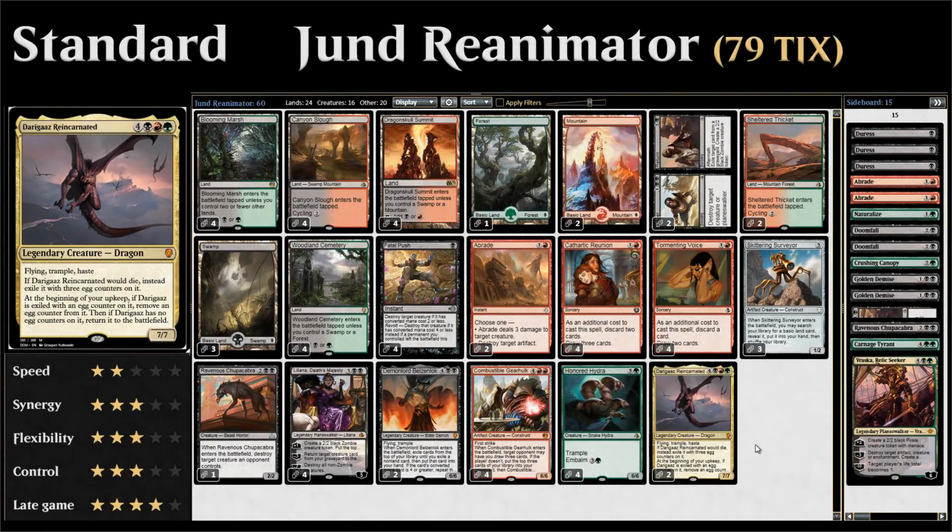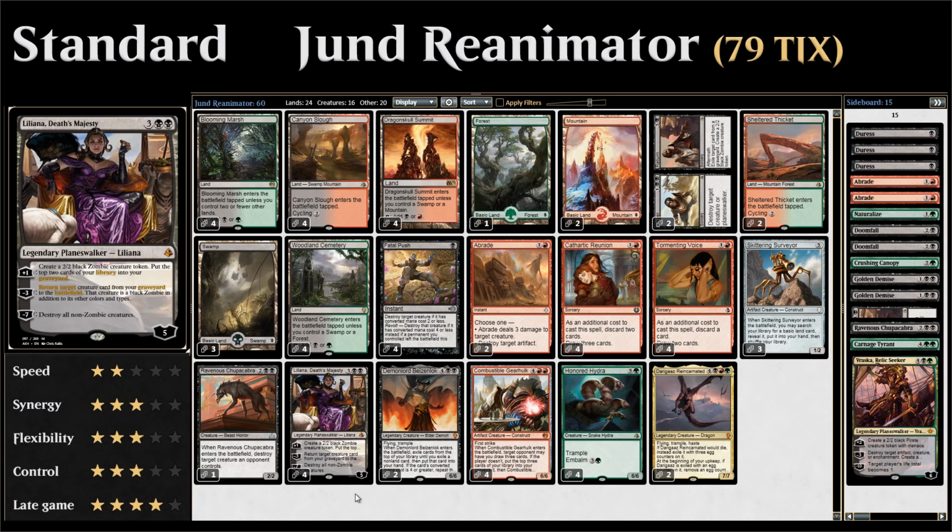Hello and welcome to another episode of Wacky Wednesday, a weekly series where we explore wacky deck ideas in both Standard and Modern, and this week we're taking a look at a giant Reanimator deck in Standard, which is looking to discard giant creatures and then get them back from the graveyard using Liliana, Death's Majesty, as its main reanimation spell. Let's take a look at the entire deck list, starting out with the 1-drops, where we have 4 copies